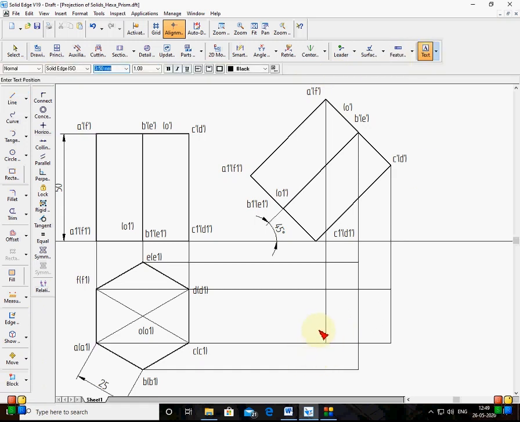This is A, this is B, this is C, this is D, this is E, and this is F. So I'll join this. It's a view. That's why I'm joining with 0.7 thick from A, B, end points. You have to choose the end points.